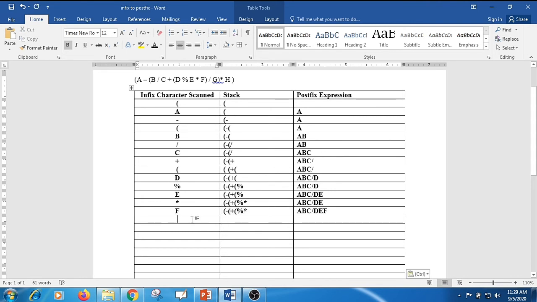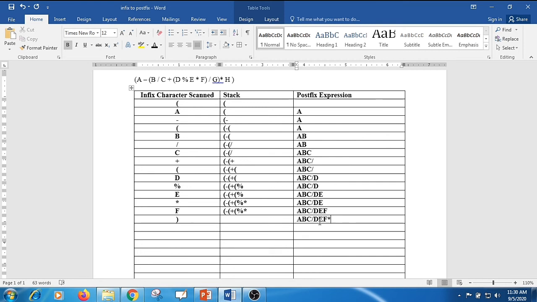Then after F you have a closing bracket. When you encounter a closing bracket, you need to look at the stack until the opening bracket. You have two characters over here, mod and star, that need to be popped over to the postfix, A, B, C, division, D, E, F. First you pop the topmost element, that is star.